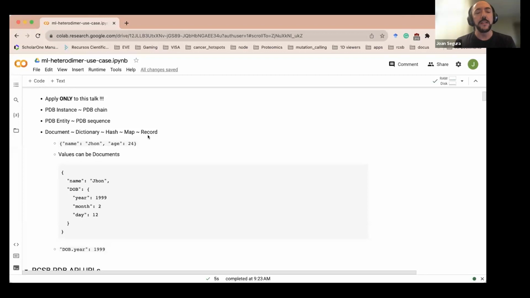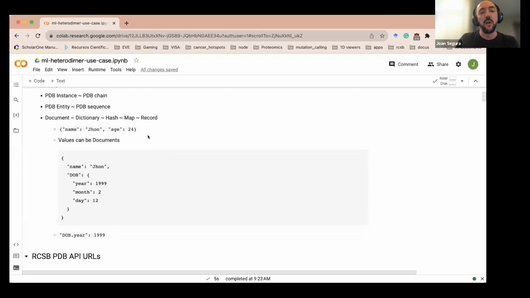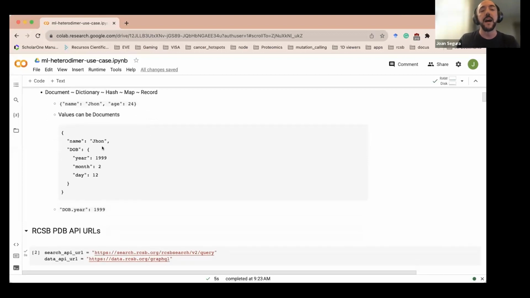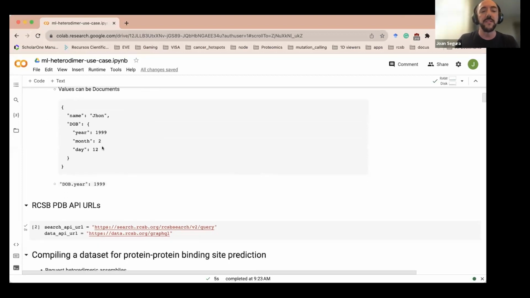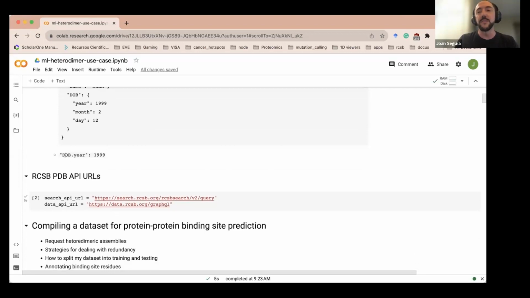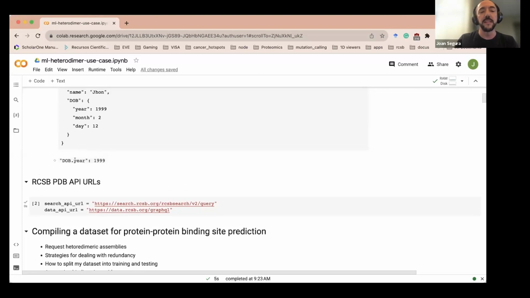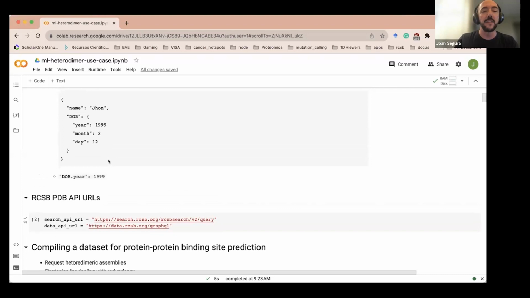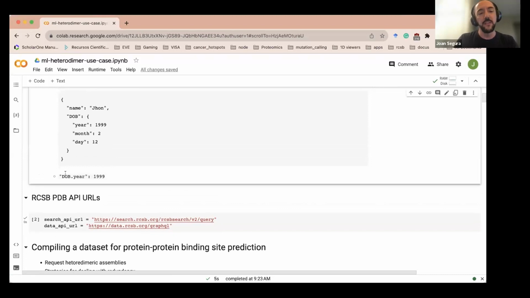PDB hierarchy. So when I use the terms document, dictionary, hash, map, or record, what we are saying is encoding this information in keys and values. For example, a record for a person could be name and age. Also think that the values can be other documents. So for example, one of the attributes of my document, date of birth, will contain the year, month, and day. So when you see some attribute that is defined by a string concatenated with dots, what we are pointing to is an attribute whose path is date of birth and year. So take this into account, because this way of encoding the attributes will appear in our